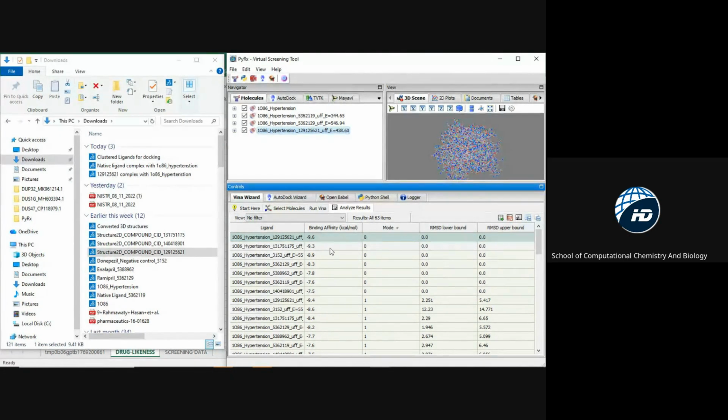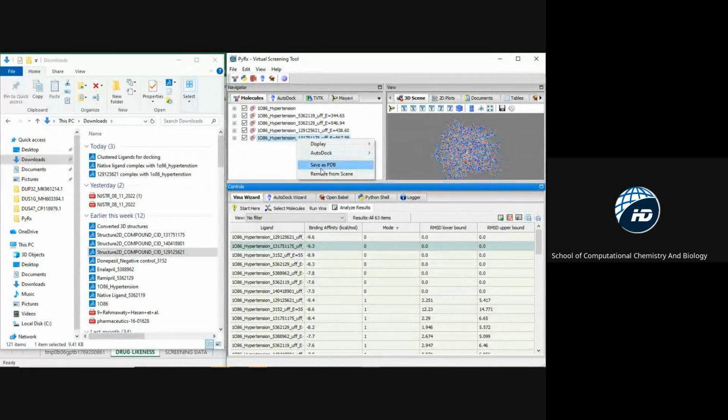So if you want to save others too, you can save the 131. Click on the 131, it will appear. You also right click, save as PDB, 131 complex with